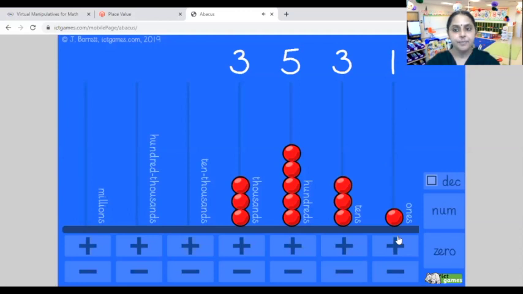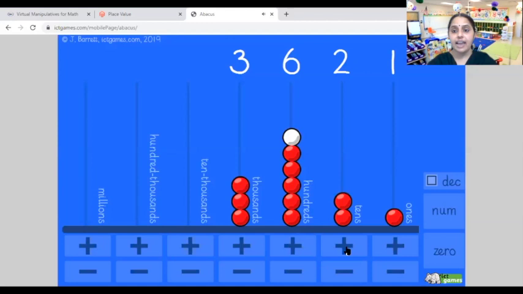What happens? 8 plus 3 is 11. So in the ones place we will put 1 and in the tens place automatically 1 got added. So what do we have in the tens place in the second number? 9. So now let us try to add 9. Let's count together. 1, 2, 3, 4, 5, 6, 7, 8, 9.